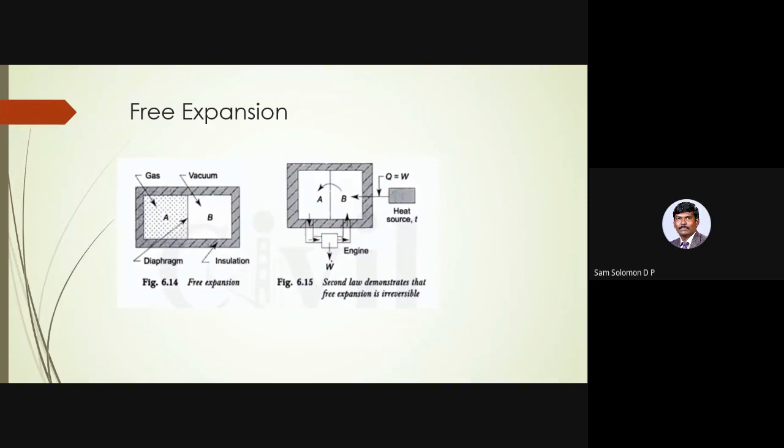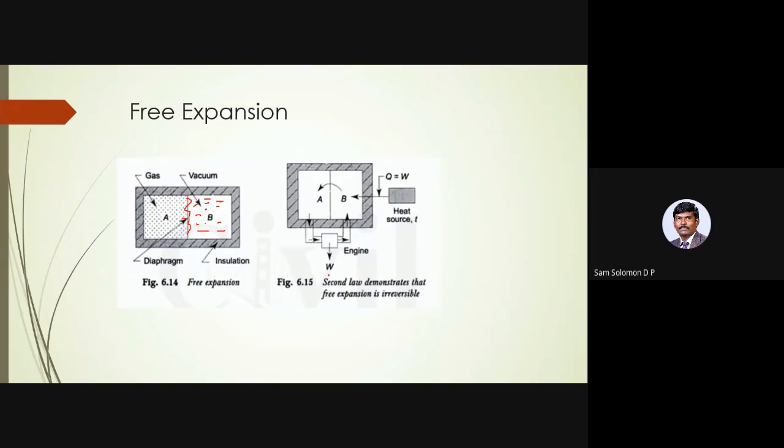Now all this gas which were here, or not all, till the equilibrium is attained, part of it has shifted to B. When this diaphragm is removed, this A will come into this B in such a way that the pressure, temperature, everything is in equilibrium, right? So it is all dispersed inside this room. Similarly, you will have some amount of gas here, some amount of gas here, and an equilibrium is attained. But some work has been done. So this is the state.